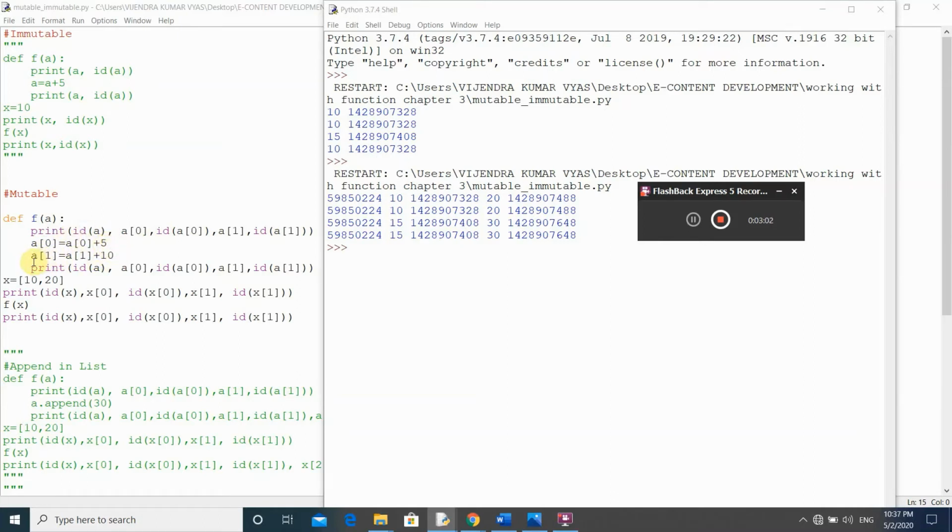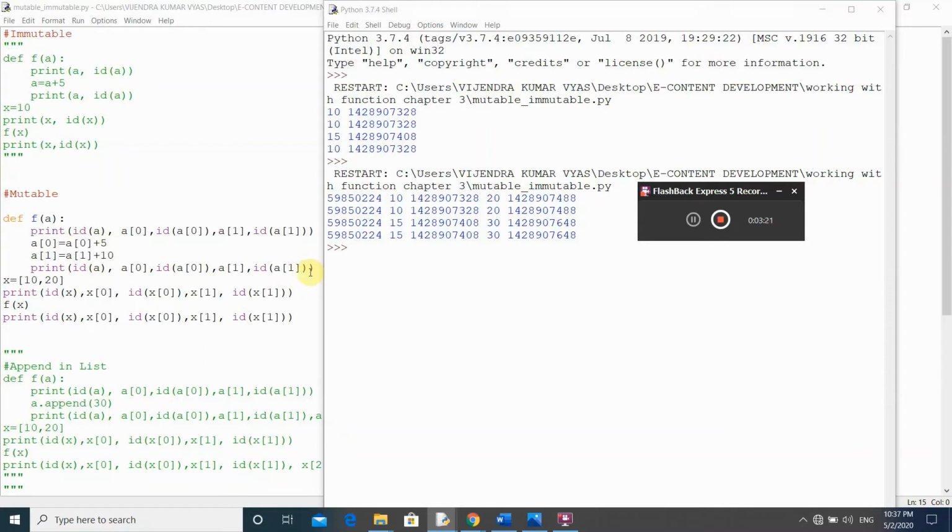After that we are trying to print the address of a, value of a of 0, address of a of 0, value of a of 1 and address of a of 1 again.